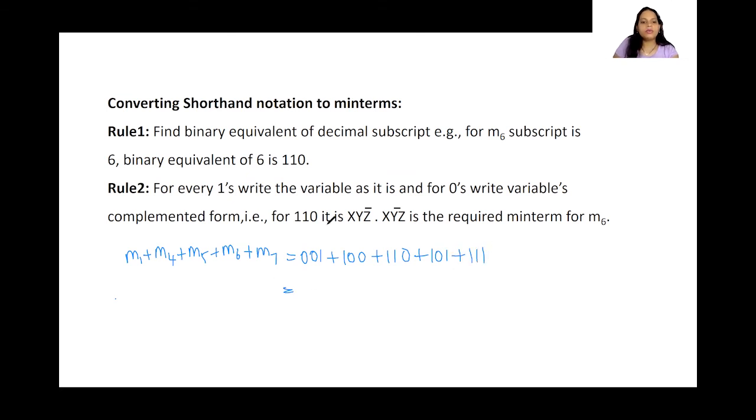Right. Now we are going to convert this into the min terms, and how? Wherever there is 0, we are going to write the complement of that particular variable, and wherever there is 1, we are going to write the same variable, as it is. So this is nothing but x, y, z. Okay, so continue writing it in that way. So 001 becomes x bar, y bar, z plus x, y bar, z bar. Okay, now 110 means x, y, z bar plus x, y bar, z plus x, y, z. Okay, so this is the way we are going to convert a given shorthand notation into min terms. I hope this is clear.